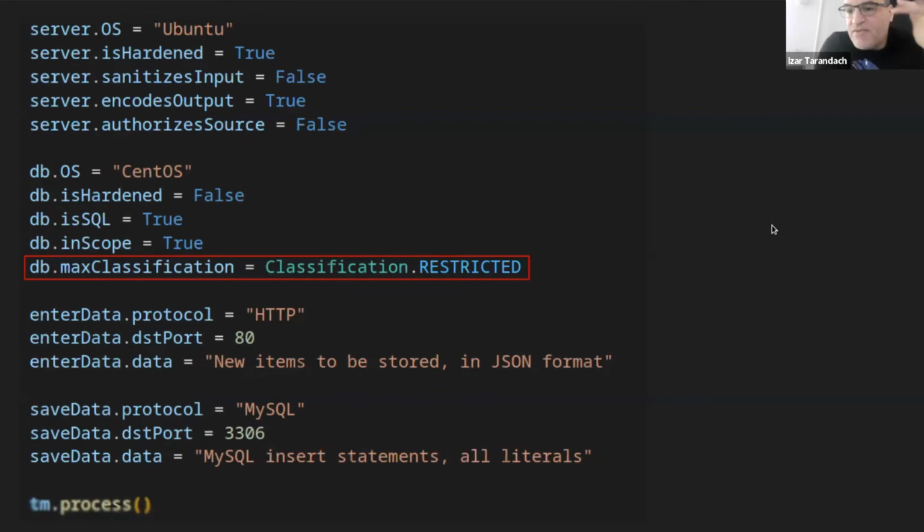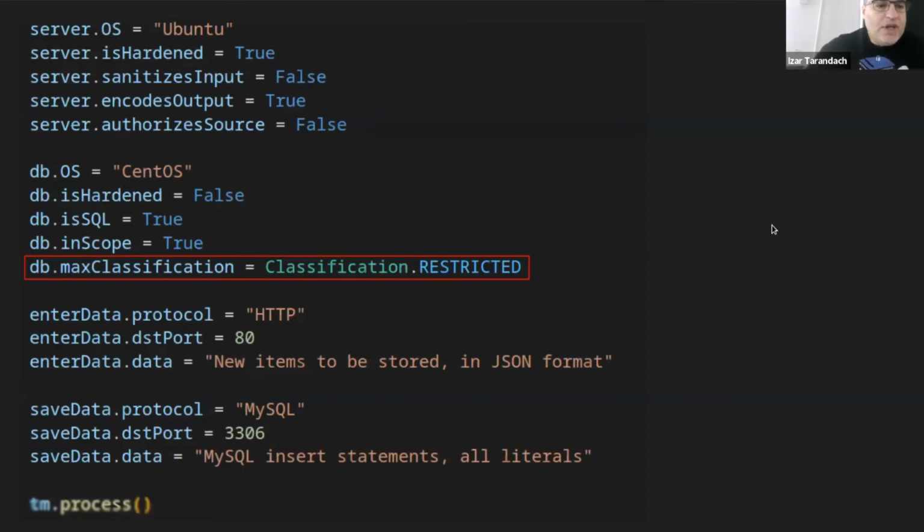So in a normal data classification scale, you would have public, sensitive, restricted, secret, top secret. What the max classification attribute says is that, if I get any data flow that is adding data above restricted to this database, flag that as a threat, because this database is not supposed to be holding anything that's above restricted.